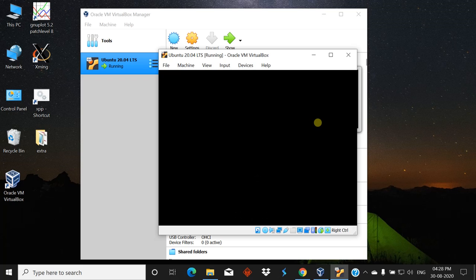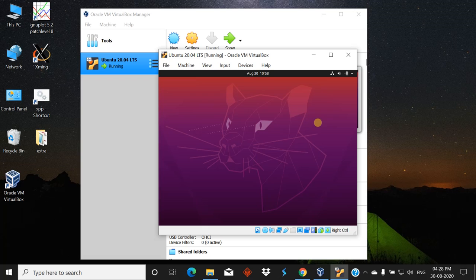Now Ubuntu is loading. Okay, now the Ubuntu home screen has appeared in front of you.